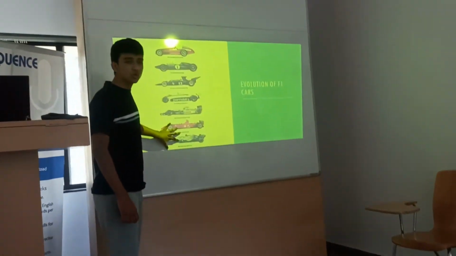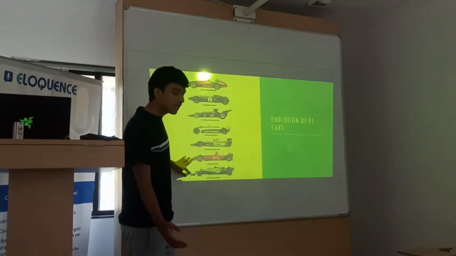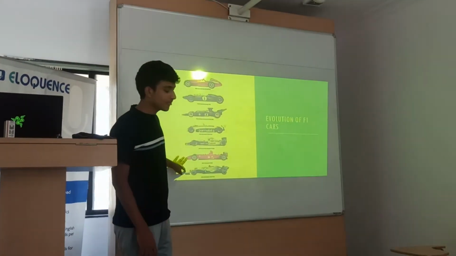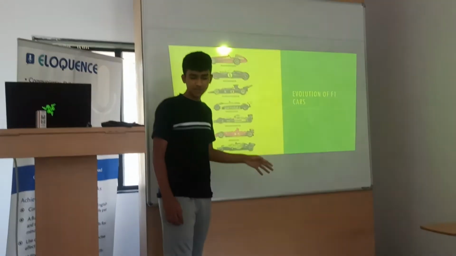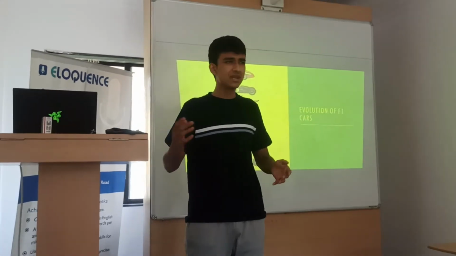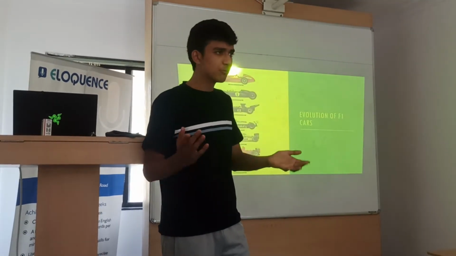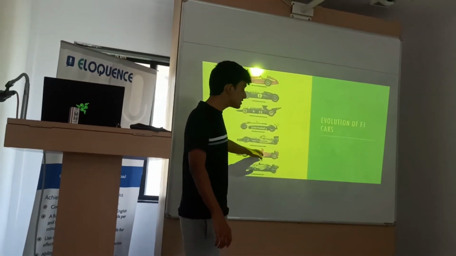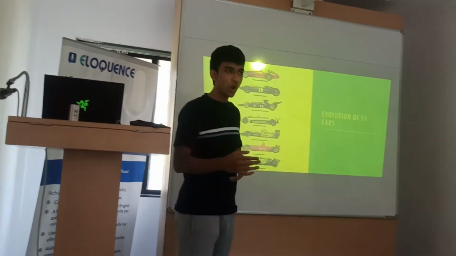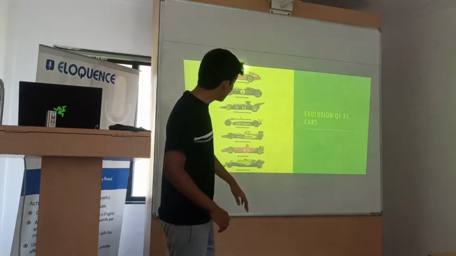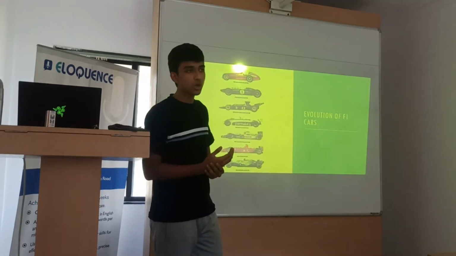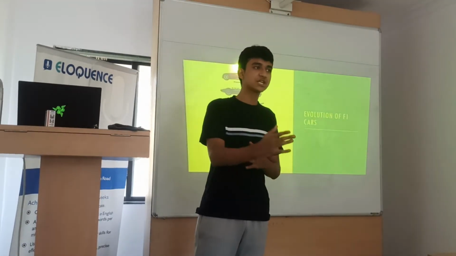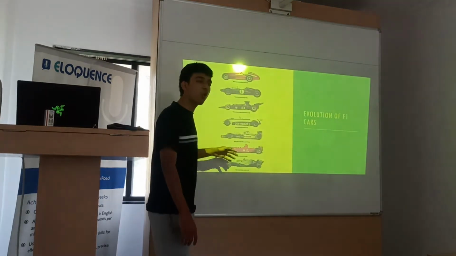Okay. Now, this is a picture not drawn to scale. If you look at the cars in the past, they were really small. The weight was extremely less than the cars nowadays. Cars nowadays weigh between 780 kgs to around 850 kgs, somewhere around that. Cars earlier were much lighter, smaller, and therefore quicker. They had lower levels of downforce, no doubt, but they were much lighter. And as you all know, the lighter the car, the faster it will go. So that was an advantage the older cars had.